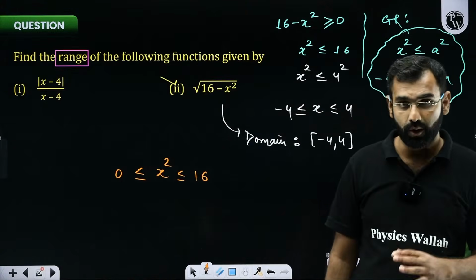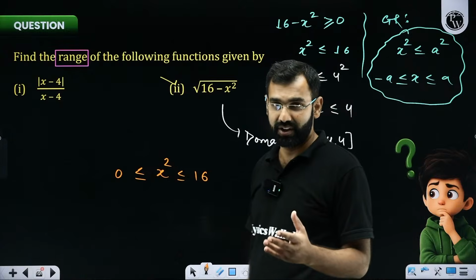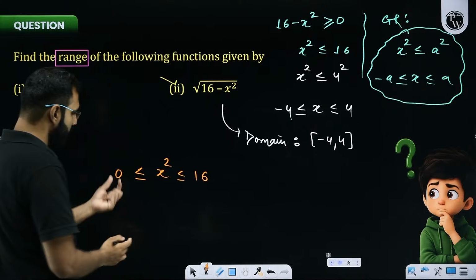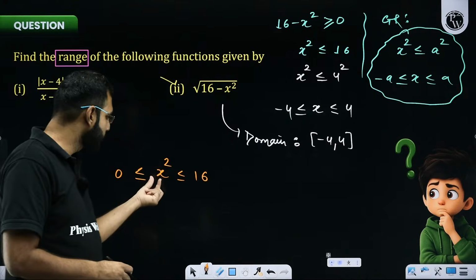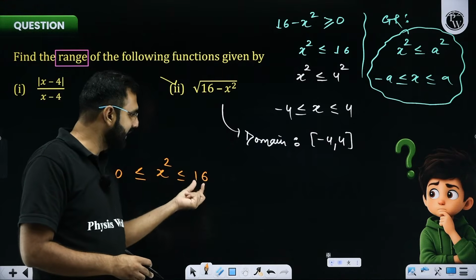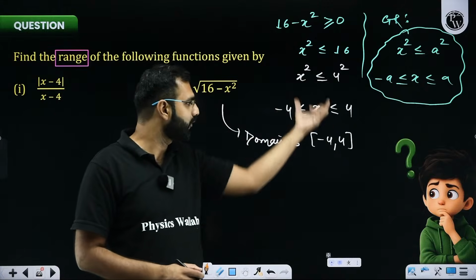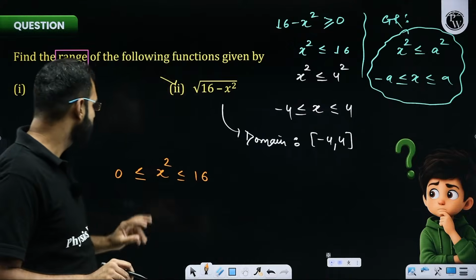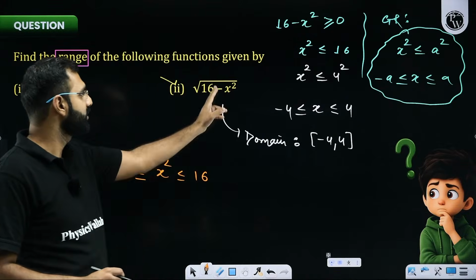And I'm sure you are also able to think like this. Yes or no, Vijay and everyone? I repeat, we know x square, being a perfect square, is always non-negative. And x square is clearly less than or equal to 16 because that's what we have cracked from the domain part. Okay, so sir, this is not what we are interested in. We are interested in minus x square.